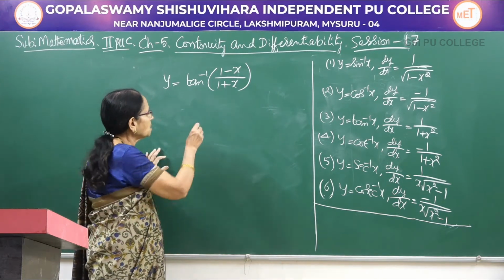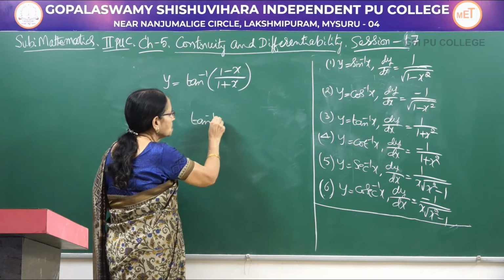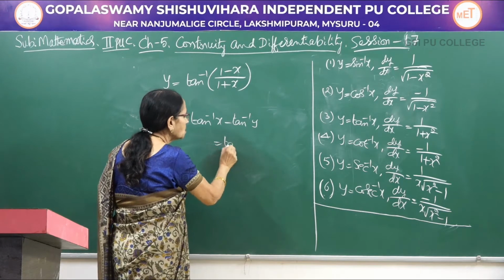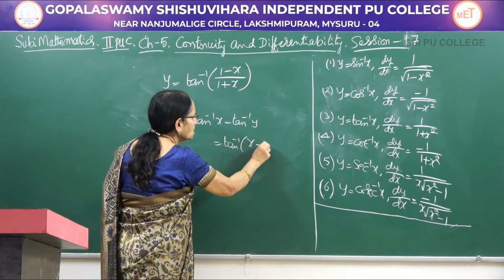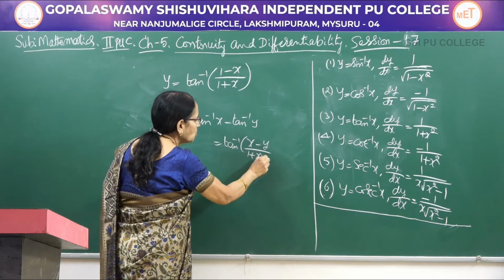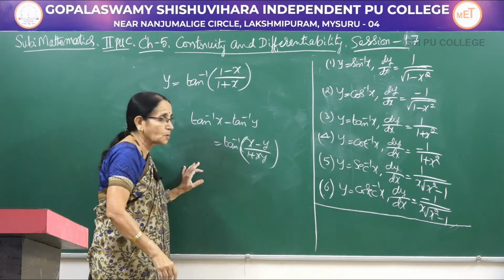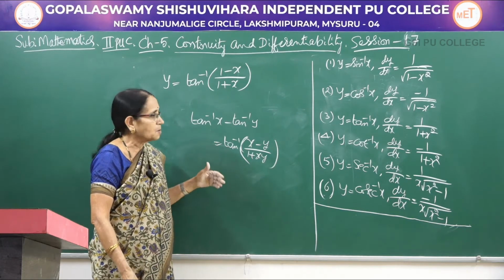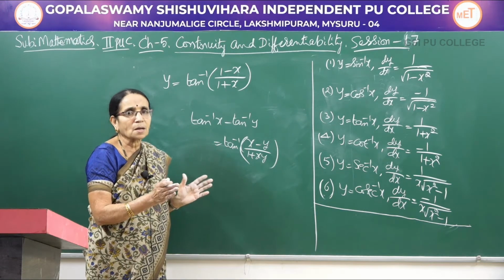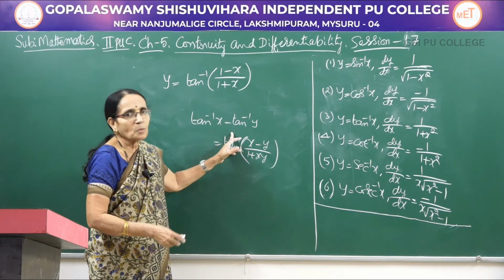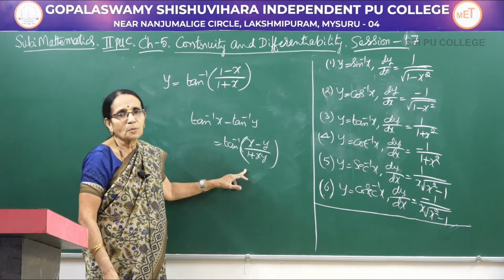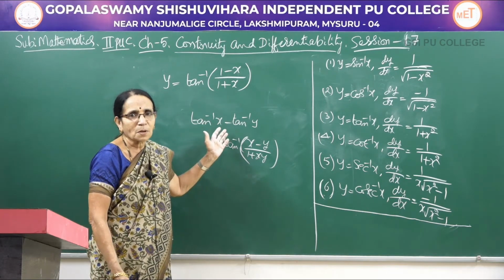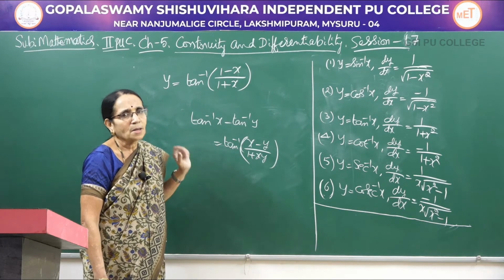Now, in one of the properties, tan inverse x minus tan inverse y is equal to tan inverse of x minus y over 1 plus xy. I hope you remember this one. This is what we had derived. See, whatever results we have derived, all of them are applicable both ways. If it is in the form of the LHS, you can write it in the form of the right hand side. Or if it is like this, you can go back to the left hand side, because we have proved that they are equal to each other.